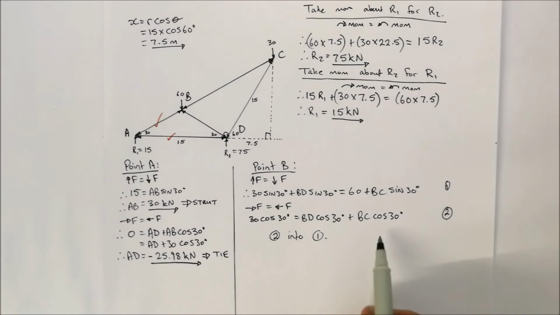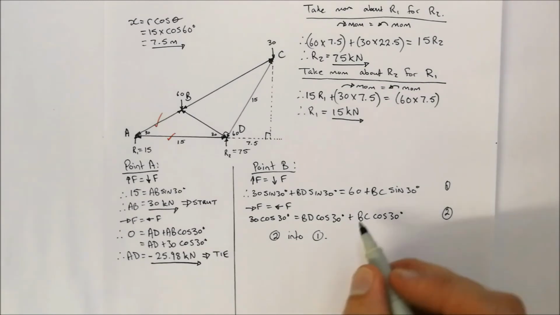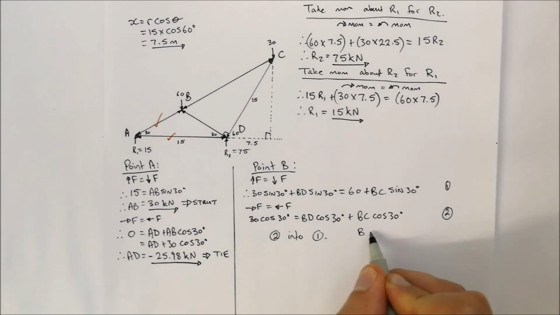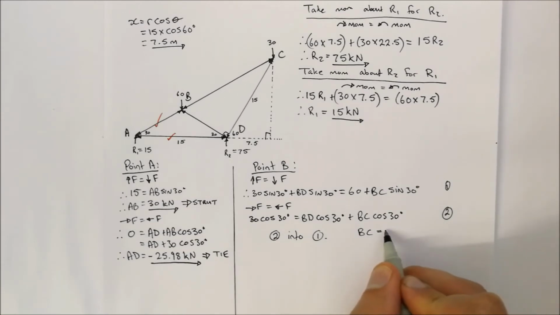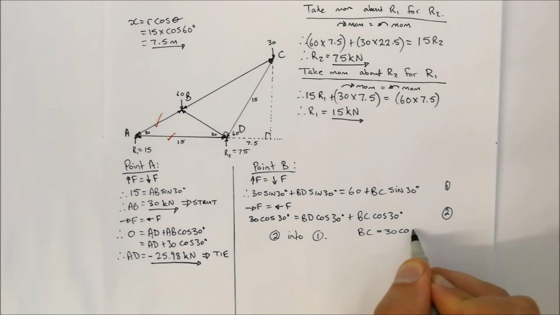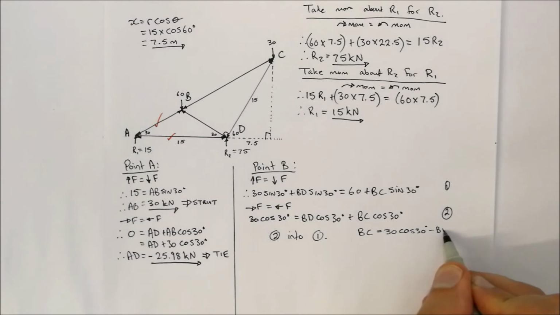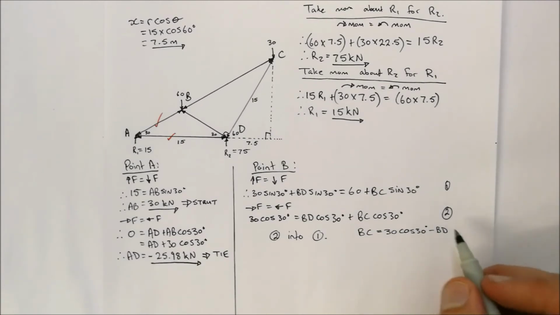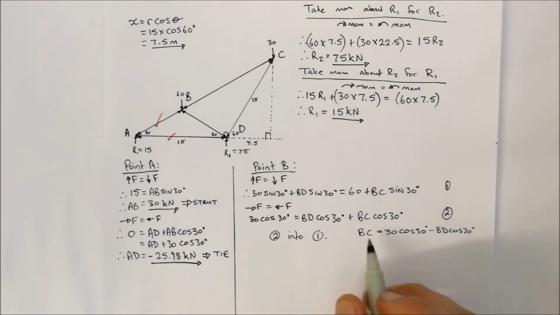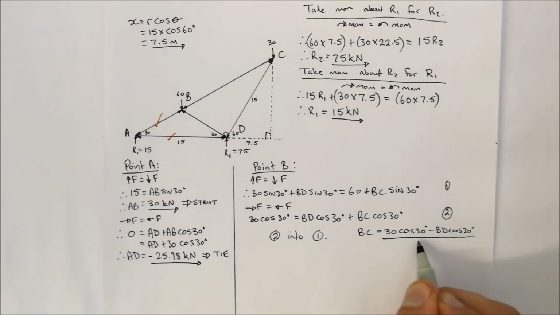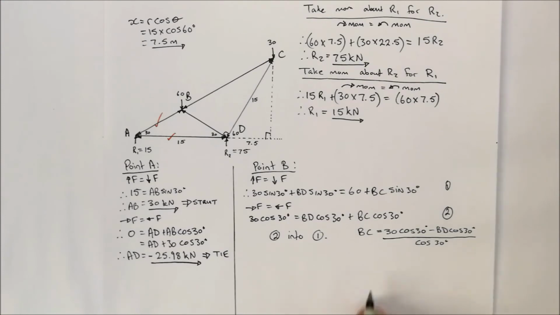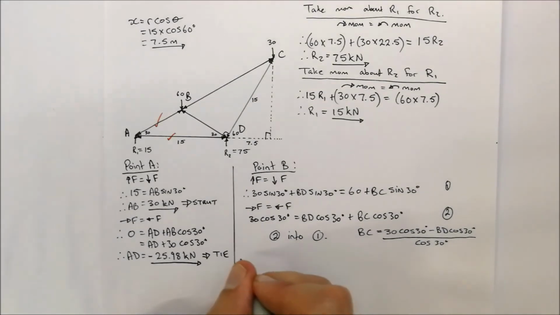So for equation 2, BC is equal to 30 cos 30 degrees minus BD cos 30 degrees, and we're going to divide that all by cos of 30 degrees. Now, substituting this BC into equation 1, we get that therefore